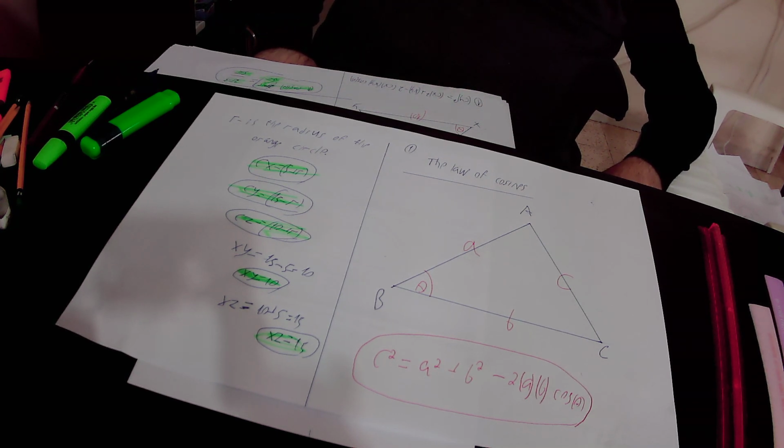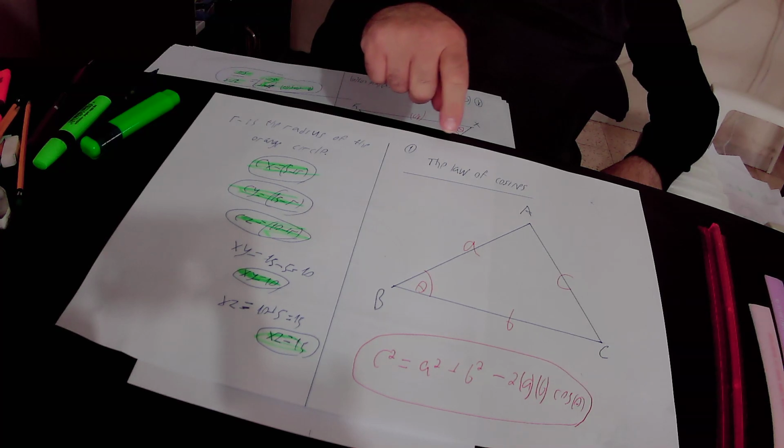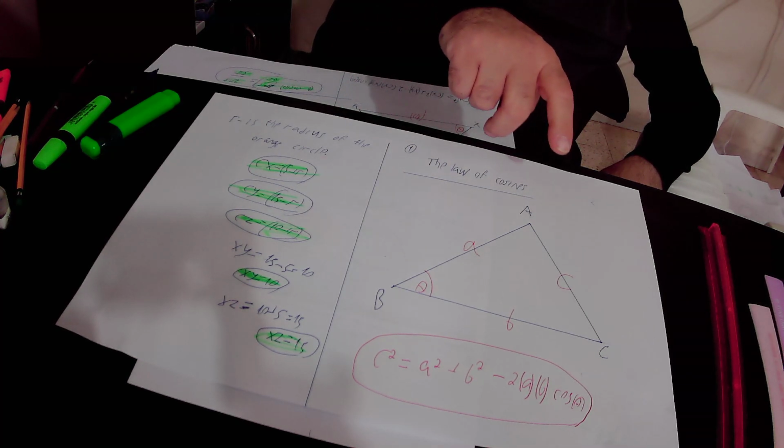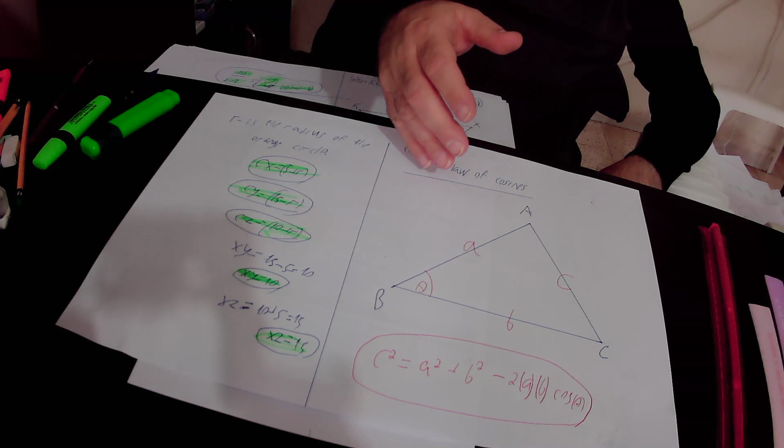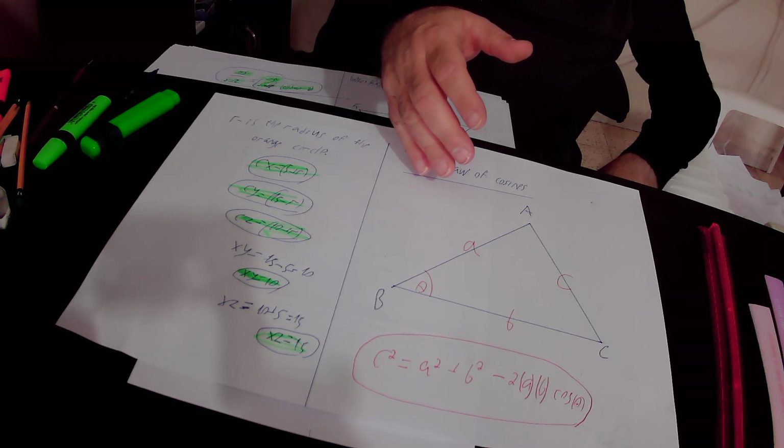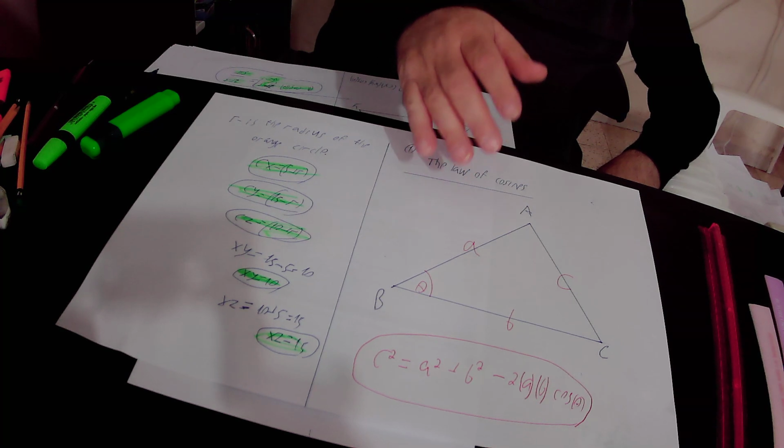This is true in any triangle. And the Pythagoras theorem is a special case of the law of cosines when theta equals to 90 degrees. When theta equals to 90 degrees, then we have here a right triangle,